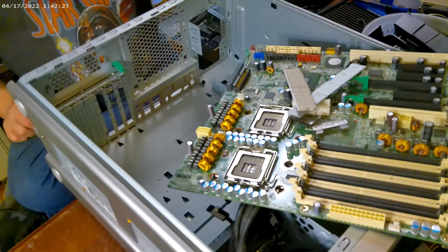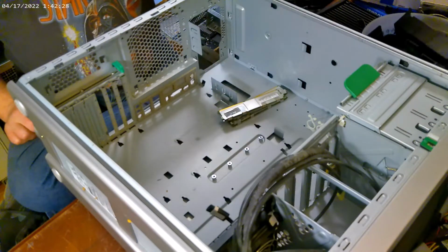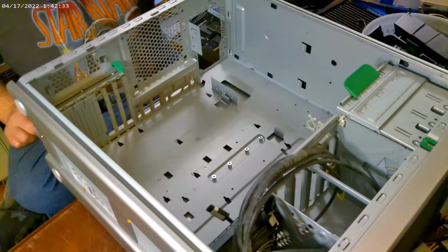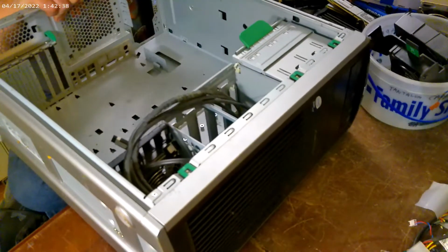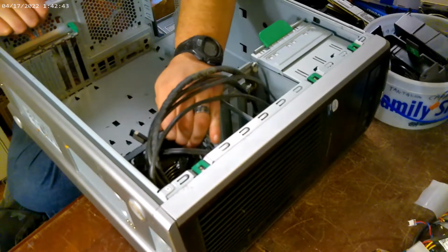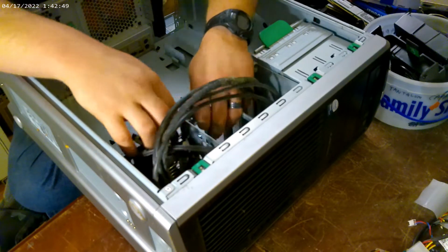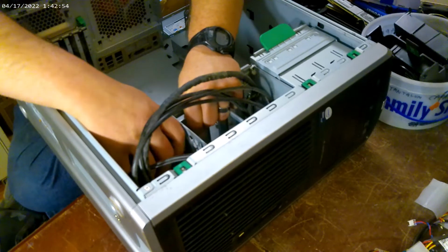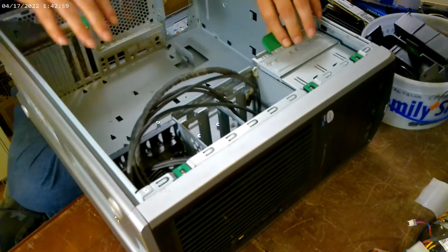So there's that, and that kind of finishes explaining the board to you. I'll finish these few here in a minute. Alright, so we still have another fan here. And we get all tricky with some of this stuff. It's like just a little easy thing to pop it out, but